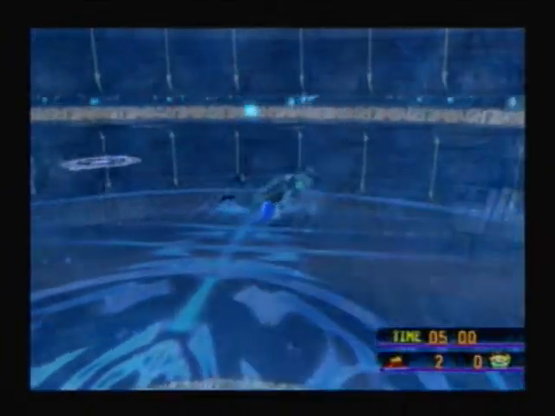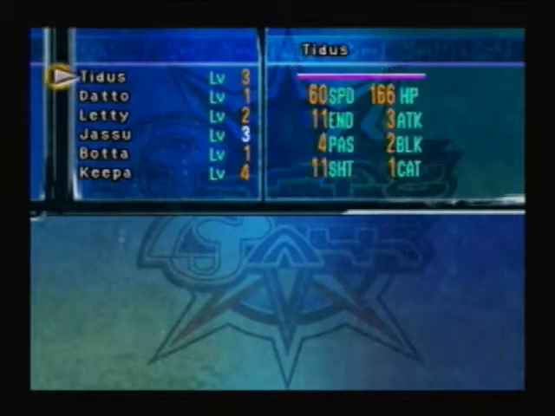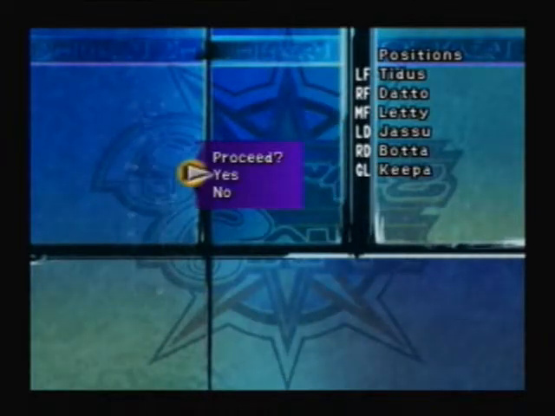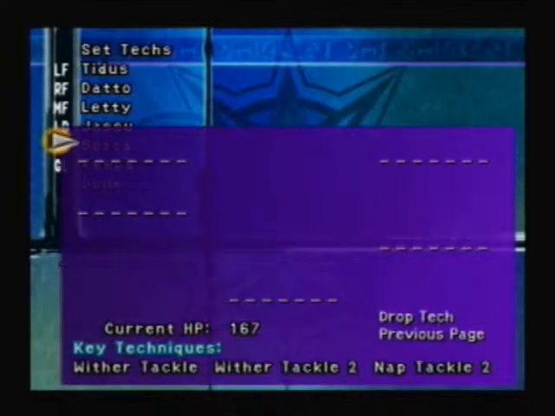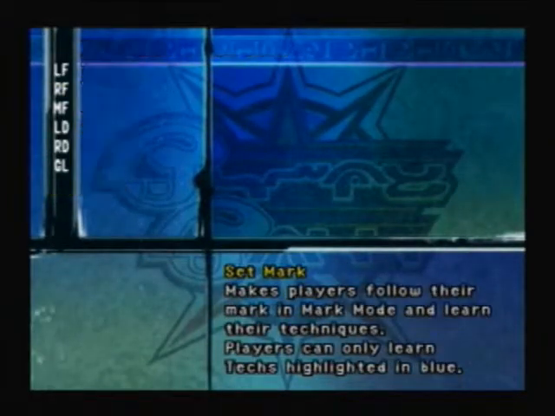So 5 minutes? Half time. You get to set your techniques and reset your players. Let's see, look, they're on level 1 and they still beat me. Set everything up again. Proceed. So yeah, just remember to keep passing the ball. Make sure everybody gets some sort of experience, because it really does help. So just keep passing the ball. Even if you